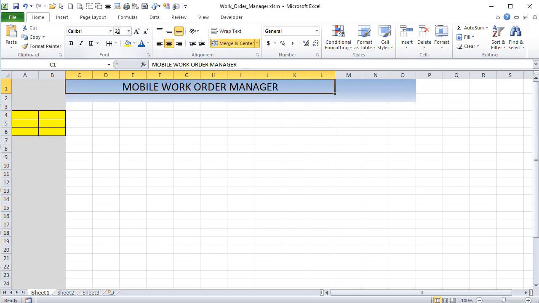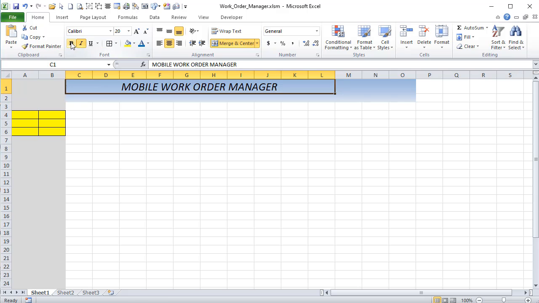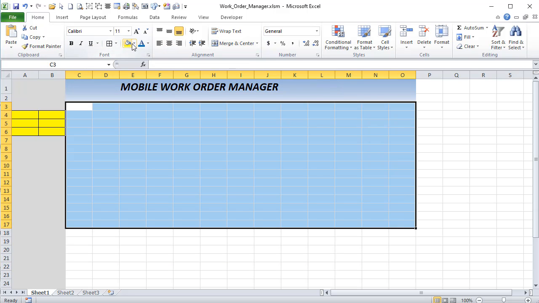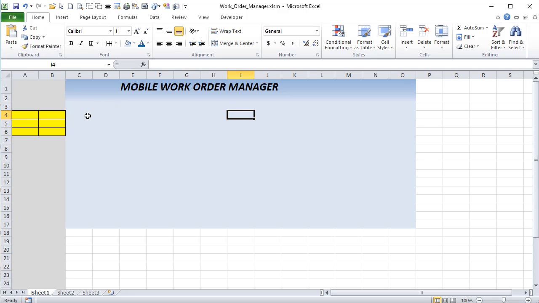Increase the font here, something a little bit larger, and go to Calibri and maybe italicize and bold. Okay, so that's pretty much it. We'll be putting some icons a little bit later on. I'm going to color these fields a light blue, so that gives us a basic fade and background. That's fine. Now I also want to create, it's going to be relatively simple, but let's start out with an